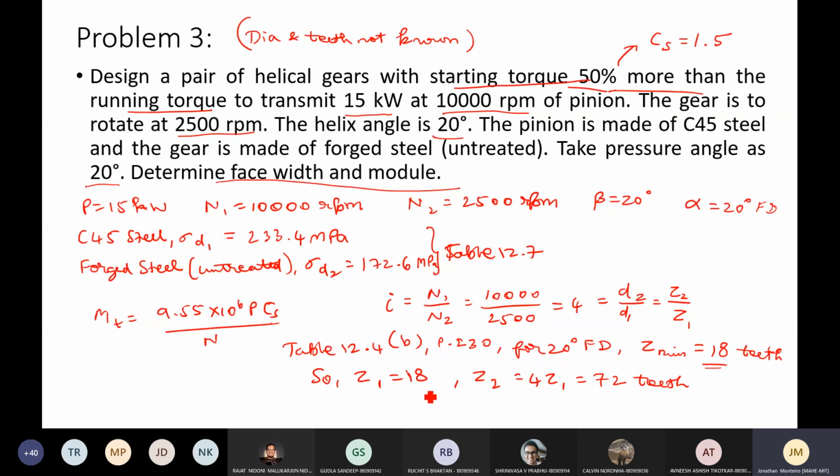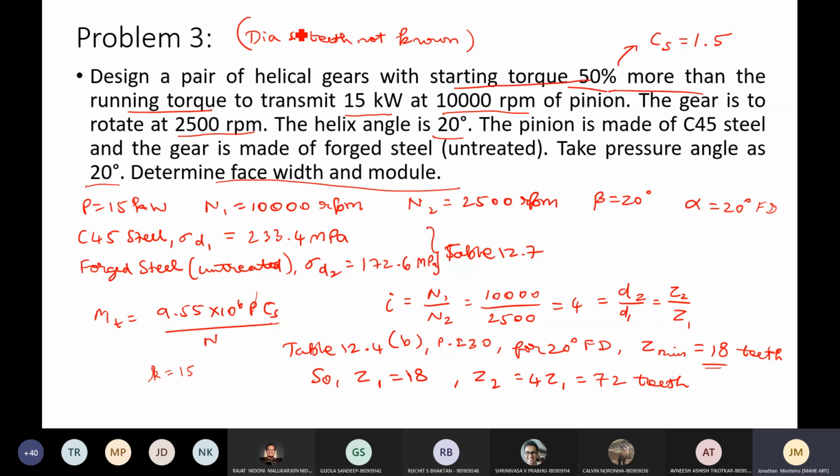See, for example, in helical gears, one of the biggest assumptions that we make is that K will usually be taken as 15. This is one of the major assumptions. There is no hard and fast rule that you should take it as 15, but 15, being an average value, usually solves most of our problems. Suppose you did not get a solution even with 15, or something required is not setting up, for example the module preference.